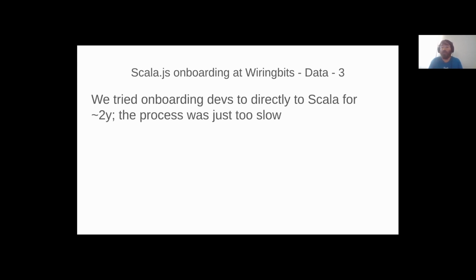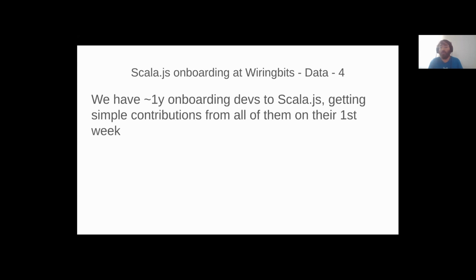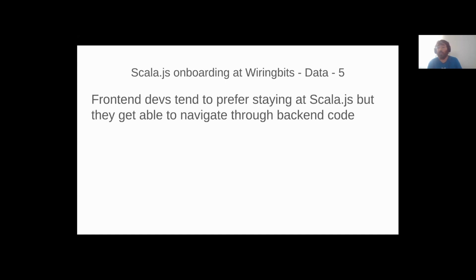So let's start by taking advantage of what people most commonly know. Since then, we have tried for around a year onboarding developers directly to Scala.js. And until now, with around 4 to 5 people, we have always got contributions from them in their first week, which is following the steps that I showcased before. And it happens that there are